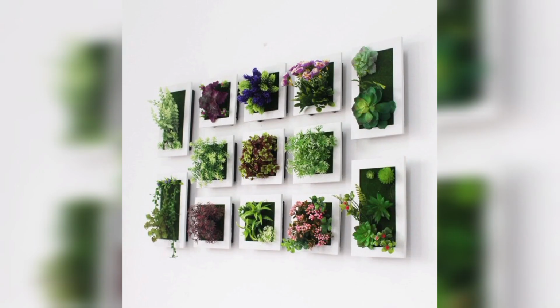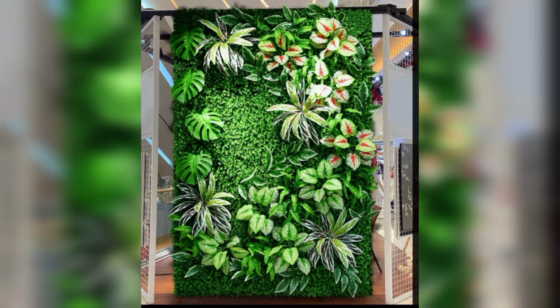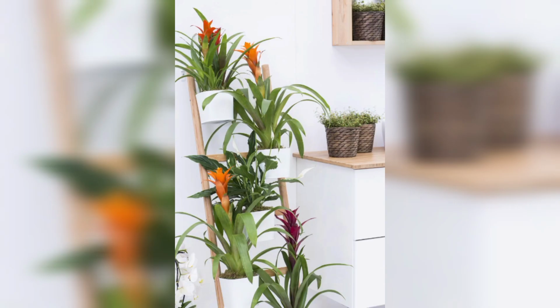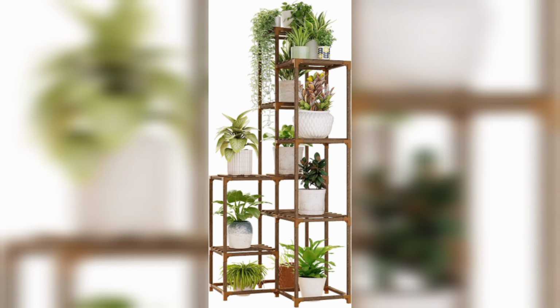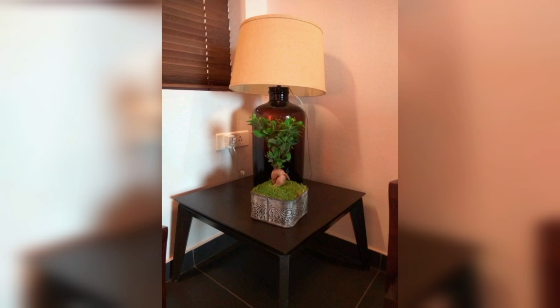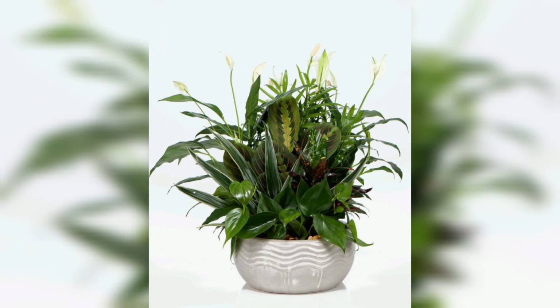Care for your indoor garden. Proper care is essential to keep your indoor garden thriving. Most outdoor plants are hardy and have specific requirements to grow, such as indoor lighting. Lighting is a crucial factor for indoor plants. So make sure to place them in a location where they receive sufficient light,